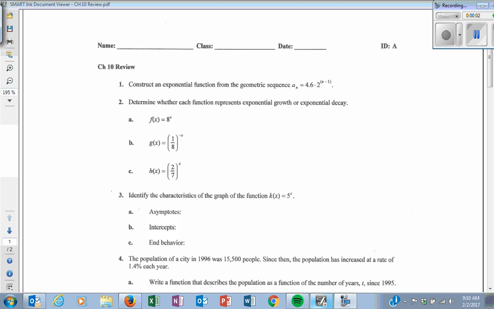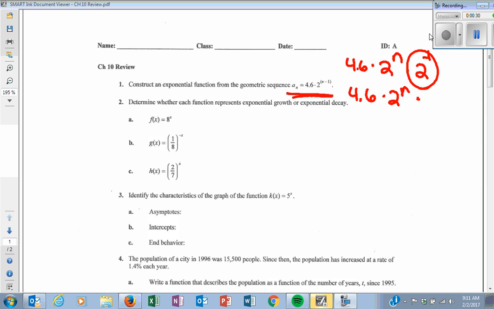Alright, so here's the Chapter 10 review. If I was going to do this, there is a problem just like this that the book does in the video of 10.1. It talks about how this really means that you can have 4.6 times 2 to the n, and then you can break that up as 2 to the n times 2 to the negative 1. And then what happens right here is 2 to the negative 1 really means